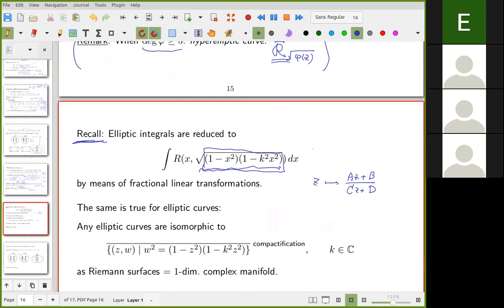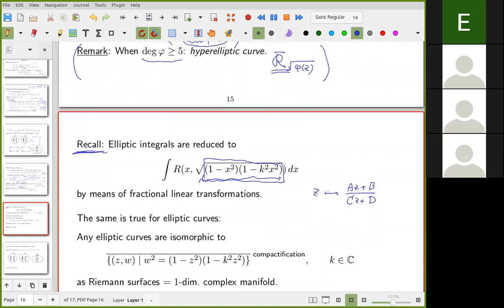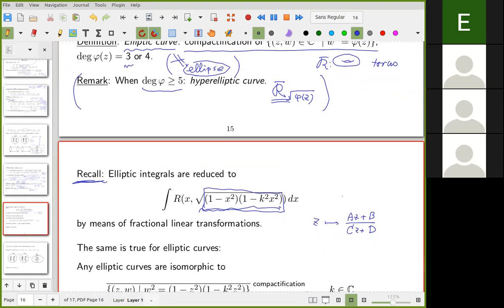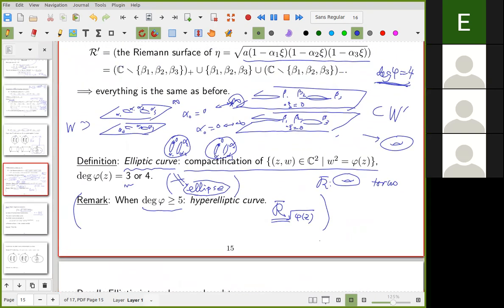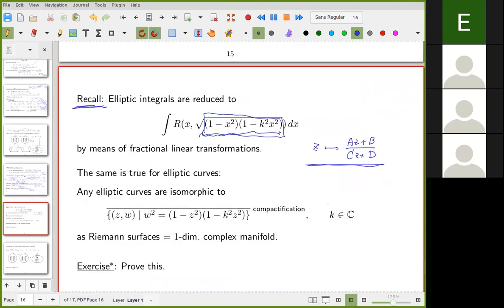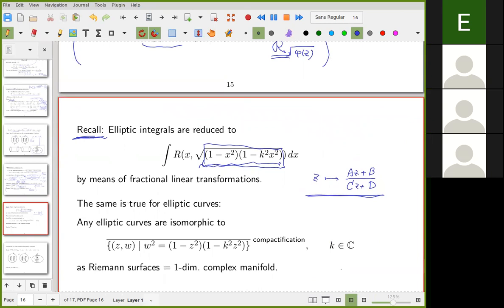We can use such a fractional linear transformation for each sheet and reduce the polynomial to this case. I'll recall that this fractional linear transformation gives an isomorphism